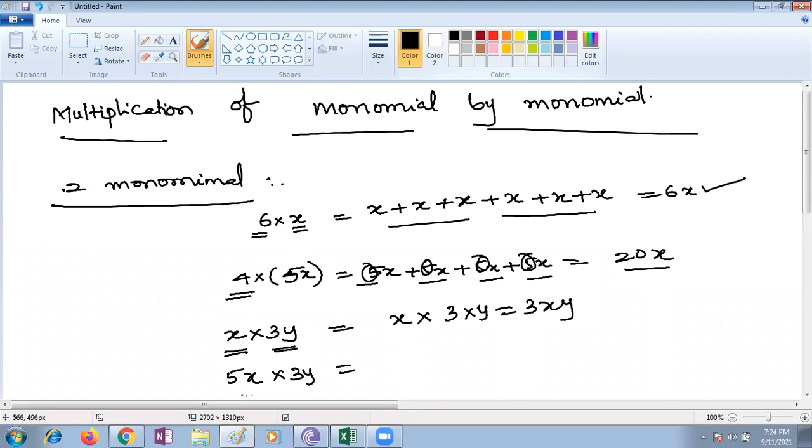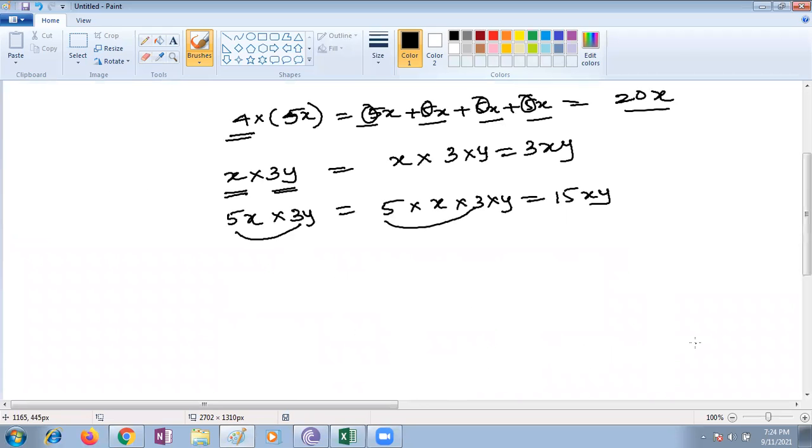You just see, children, how the pattern is occurring. 15xy. Or else if you want to make it as 5 into x into 3 into y. So it is 5 3s are 15xy. 15xy. The same way, children, you can multiply negative